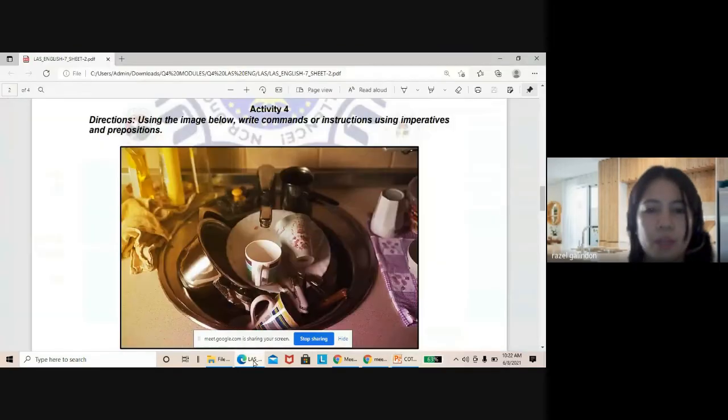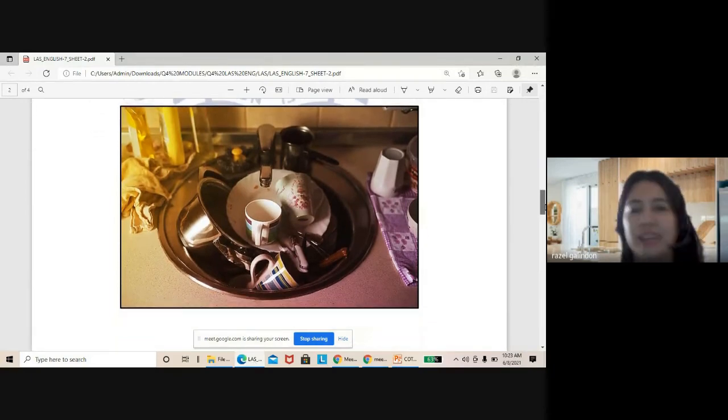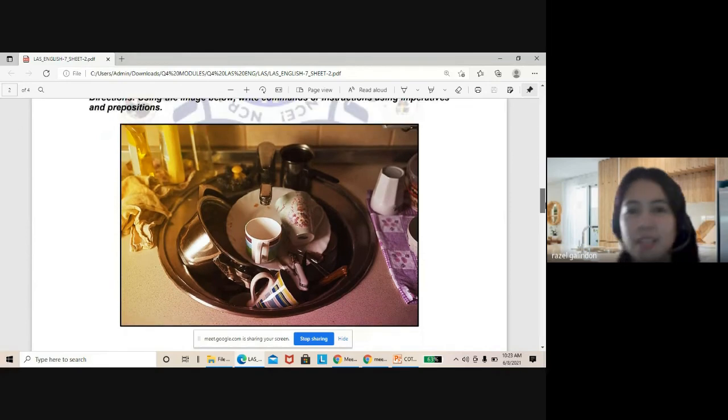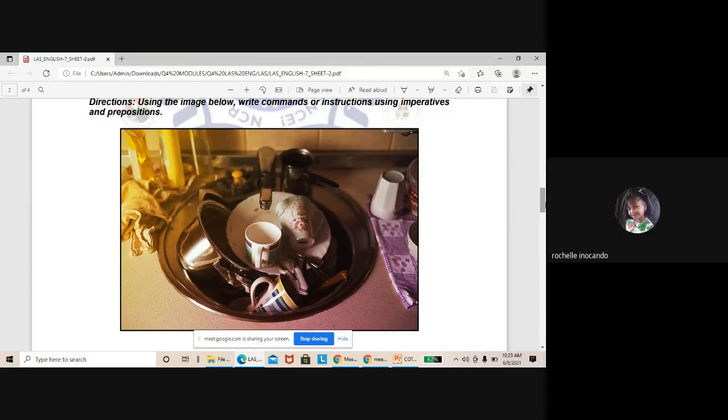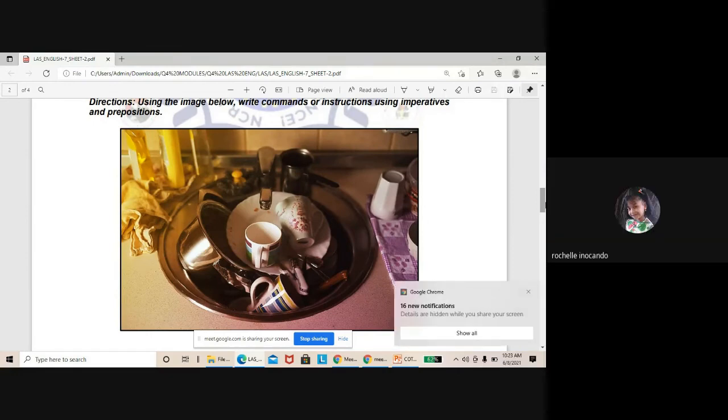So you are going to construct your own imperatives with prepositions here in activity number 4, but based on the given picture only. Okay, can you try? Anybody who wants to try? Who can construct an imperative sentence with prepositions using this picture? Who wants to try? Can you clean these dishes and put it in the